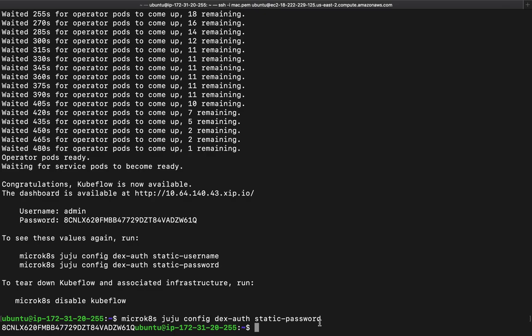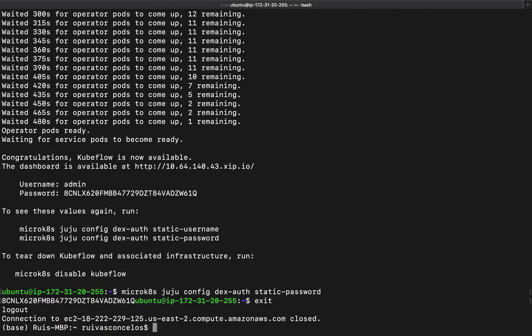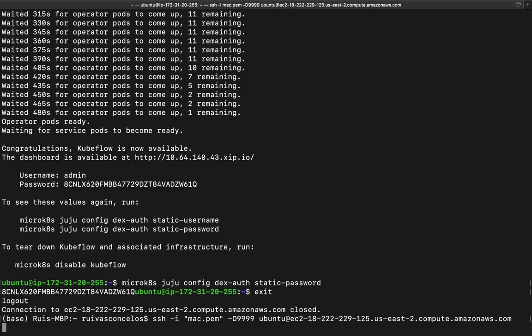So now the next step is actually accessing the dashboard. Because we are on a public cloud VM and we want to access the dashboard on our local machine, we need to set up a SOCKS proxy. How do we do that? So we'll exit the current SSH that we have, and we'll SSH again to the machine on AWS, but now using -D and the port number, for instance 9999,